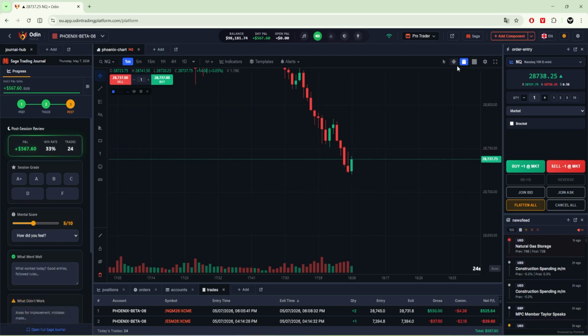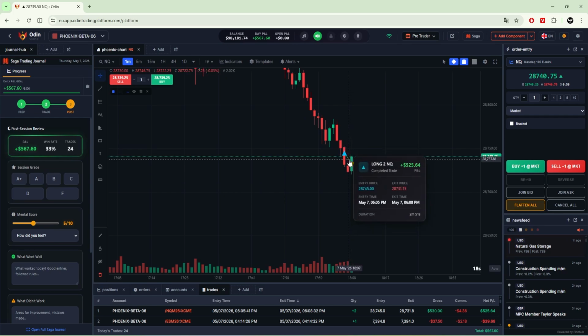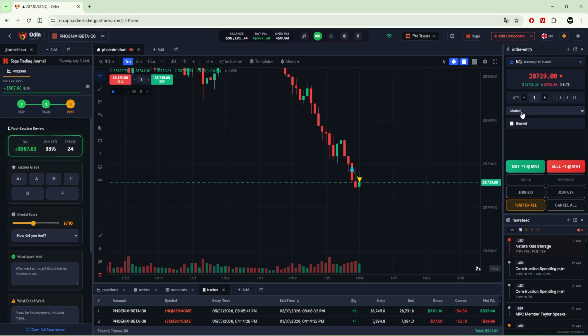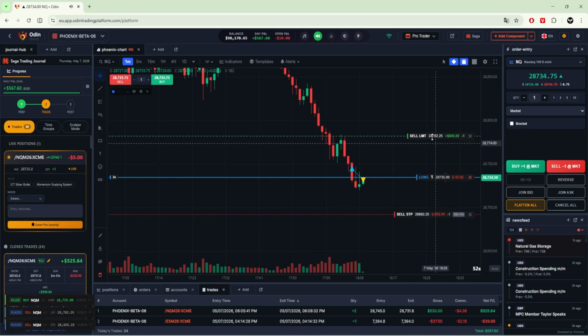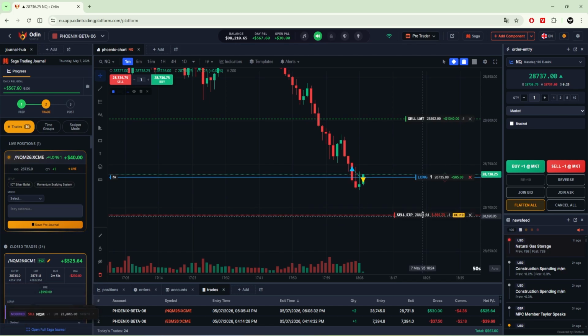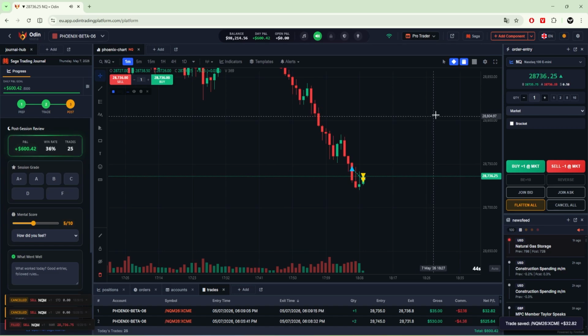Additionally, you have this button right here that lets you visualize all of your past trades. So buy here, sell there, plus 525 in gain, with a precise duration. And you may have noticed my limit orders cancelled automatically. And yes, because if I show you, I'll execute this, a buy order, and a limit order here, a sell order there. If I cancel the order, or rather if I close the position, there the limit orders here have